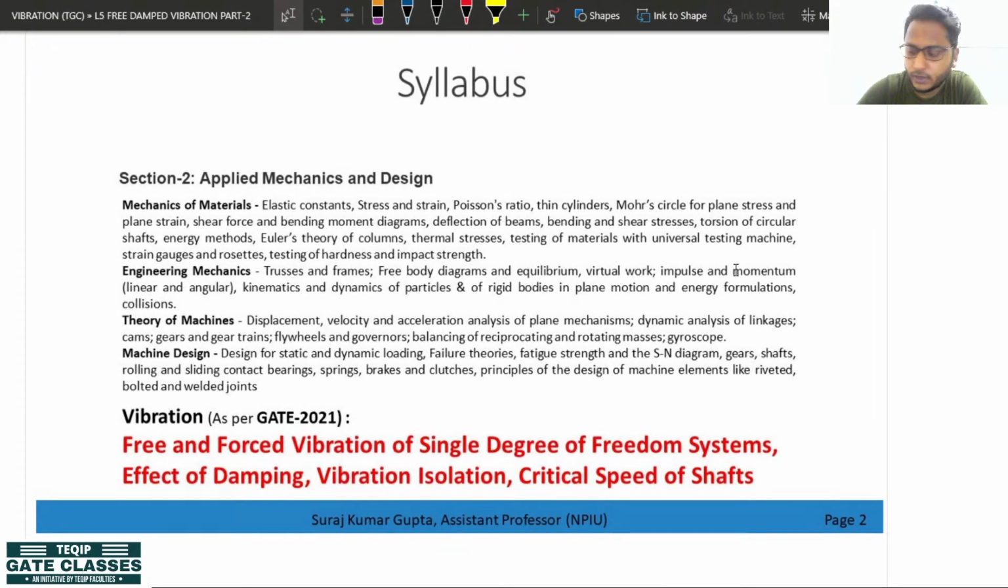Okay, so where we are at: free single degree of freedom system with effect of damping. So we have discussed how many types of damping system we can create if we have a spring mass system, and also